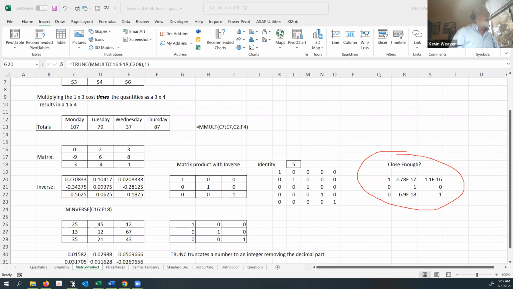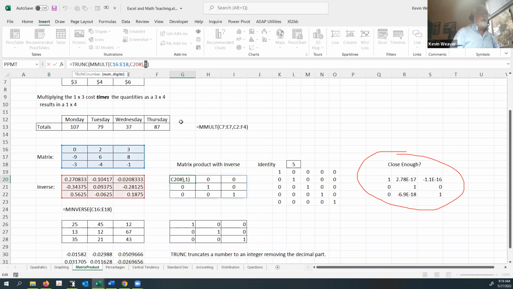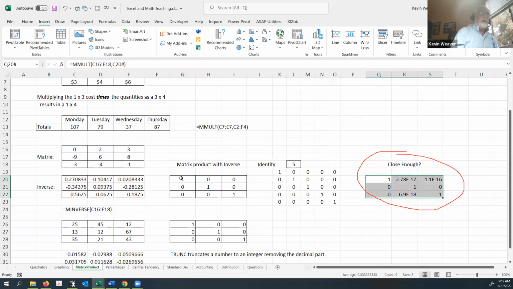And in order to get the zero to actually appear, the function that's used is truncate. So I could truncate the result of the matrix multiplication to one decimal place. In this particular case, it eliminated all of the decimal parts of this ugly calculation over here